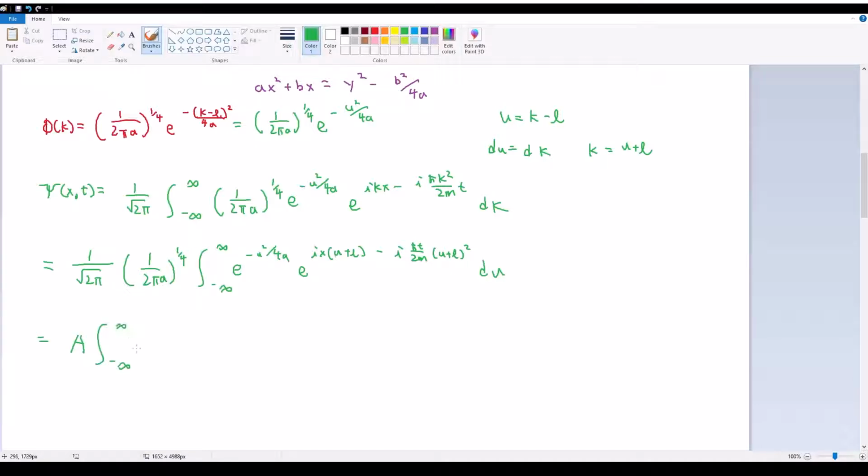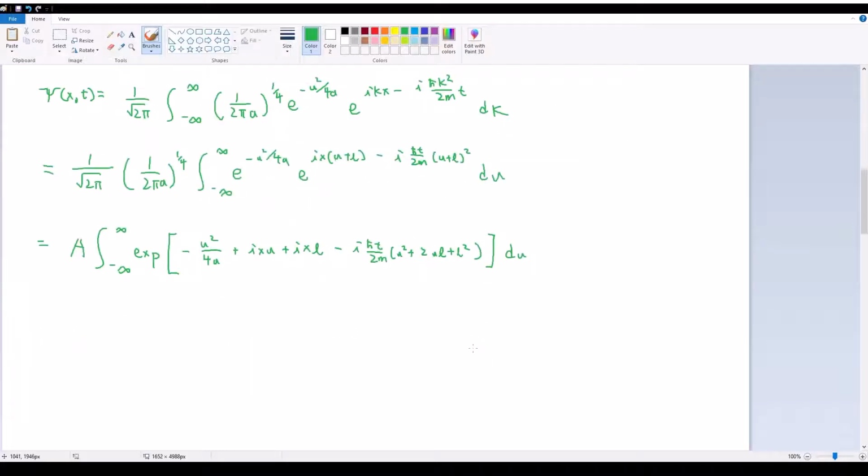Integral from negative infinity to infinity. I'm going to write this out as an exp form, just to make it easier on my hand. Negative u squared over 4a, let's see, plus iux plus ixl minus i h bar t over 2m times u squared plus 2ul plus l squared. This time close it off with a du. Immediately I see ixl has no u term in it, that's just a constant, so this is going to be A e to the ixl, integral from negative infinity to infinity exp, negative u squared over 4a plus ixu minus